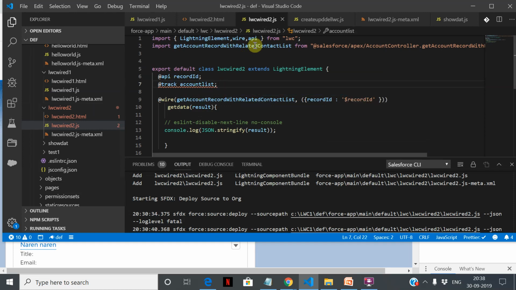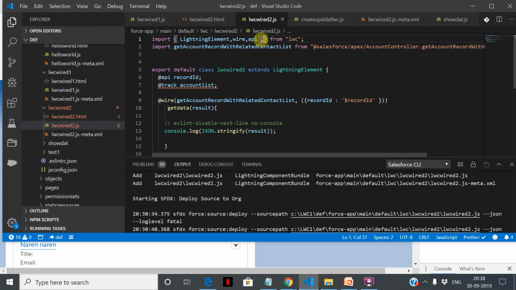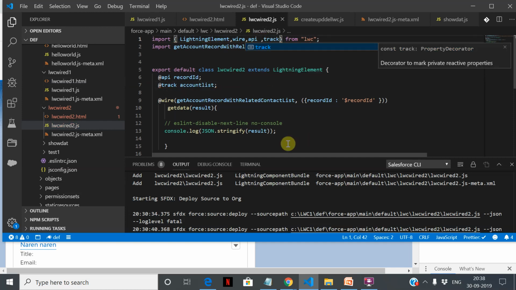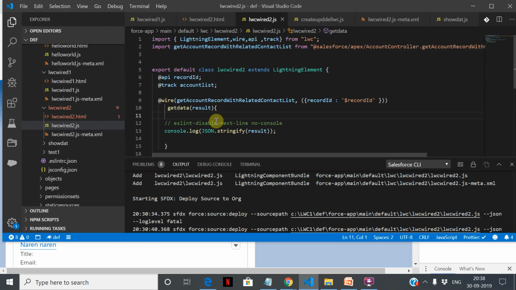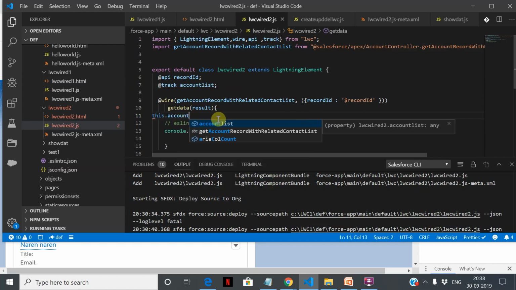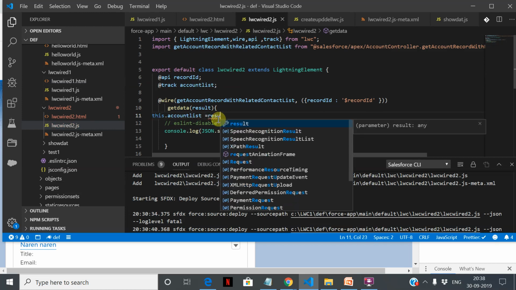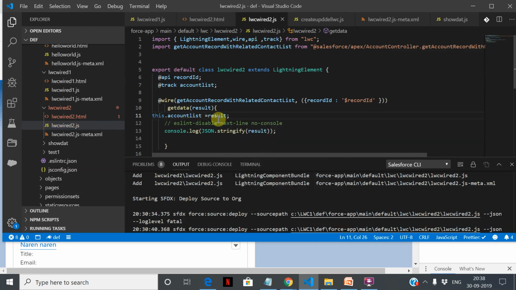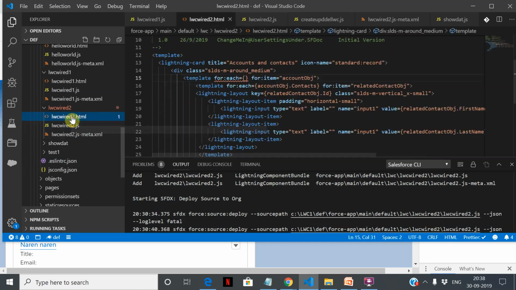So now this is created here, and of course I need to import the track, so that error will go. So now once I have this, what I'm going to do is this.accountList is equal to result. We have to actively assign it, right? Otherwise it will not get this value. Now this account.list, since we have given track, will be wired here, because in track it will come over here, so we have to give account list.